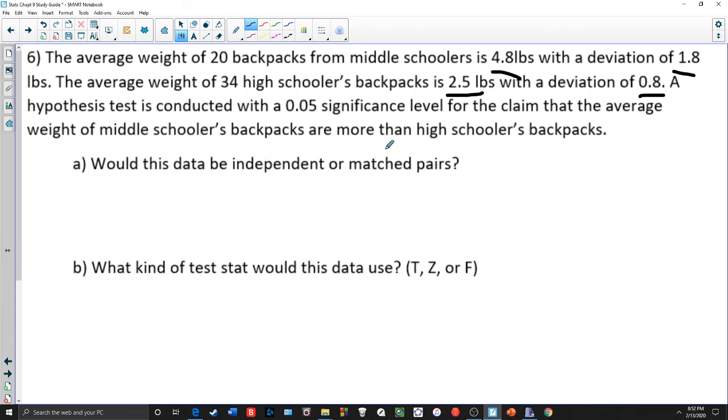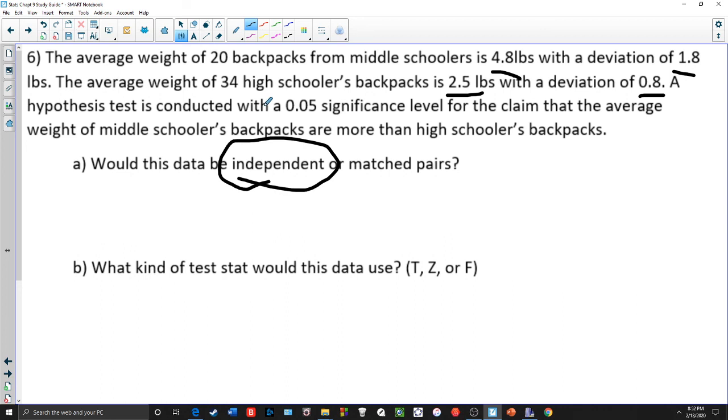So is this independent or matched pairs? Well, again, matched pairs means that the data is like a before and after, that every part in the first situation is linked some way to every part in the second, which in this case is clearly not. The backpacks of middle schoolers have no link or connection to the backpack weight of high schoolers. So this would be an independent type of sample, because high schooler backpacks and middle schooler backpacks are completely independent